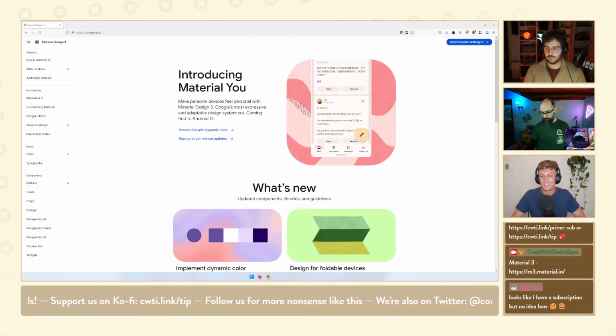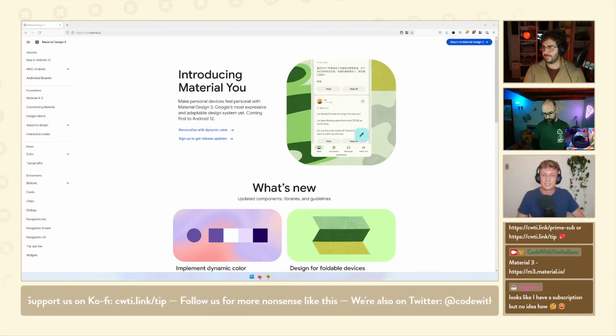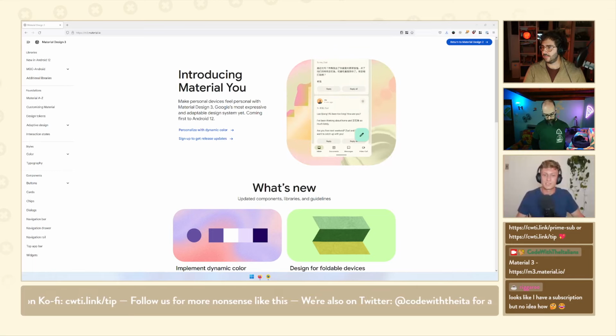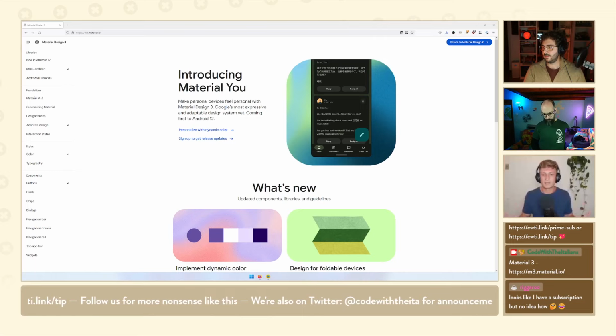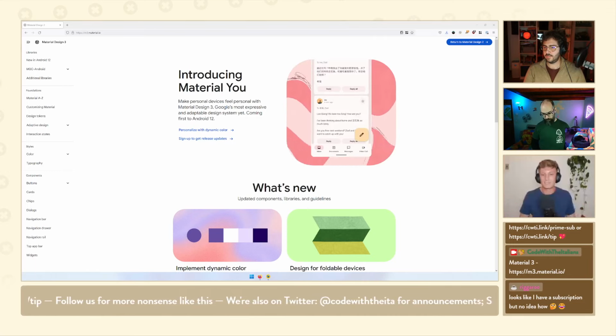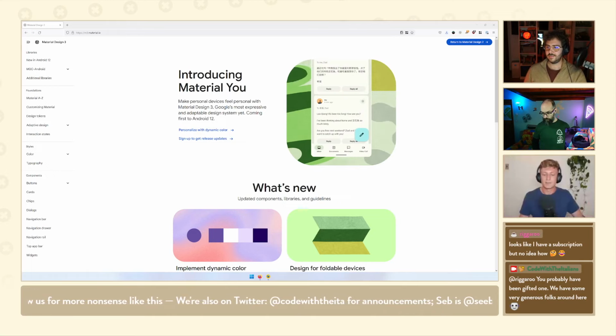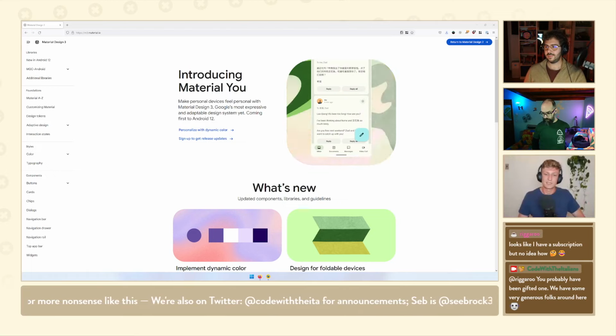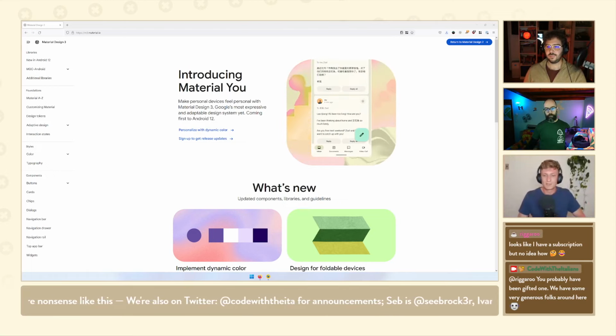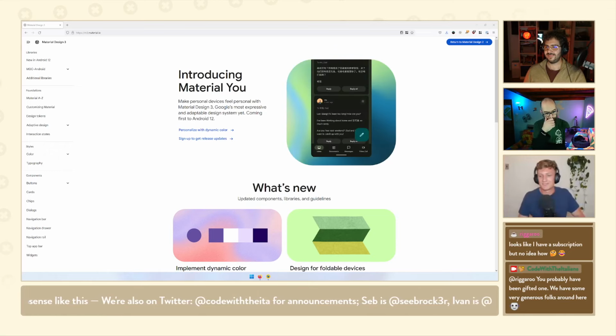And then Material U is the part of it that is the dynamic color and personalization features, and definitely more of a branding name than an official spec name, so that Android can brand Android 12 and above as having Material U personalization. So a little bit confusing, but it is what it is.